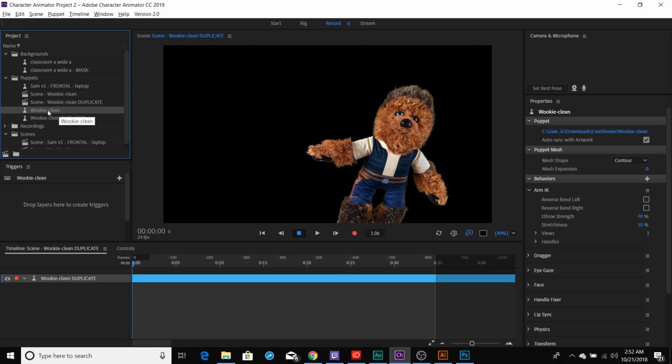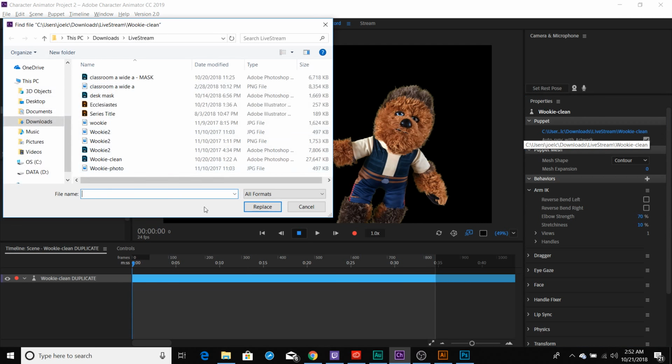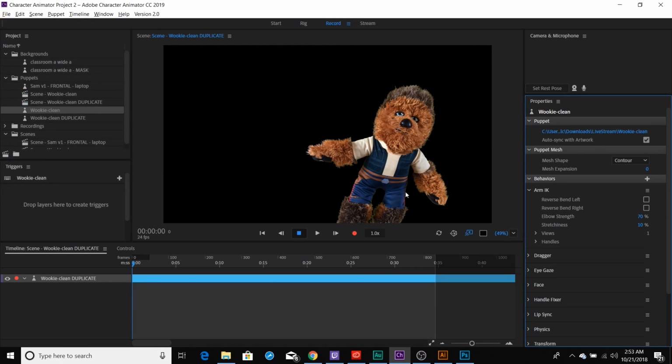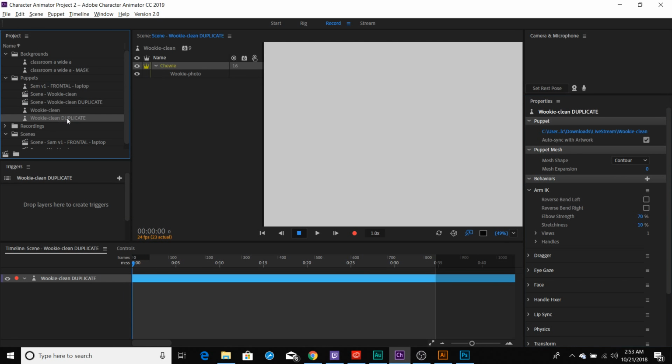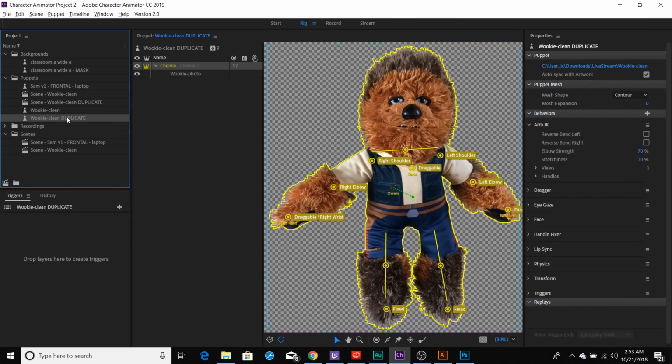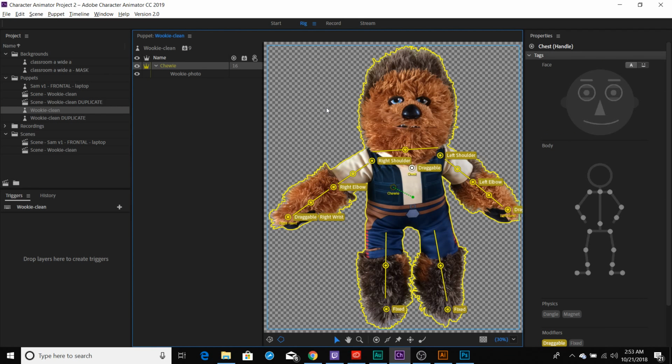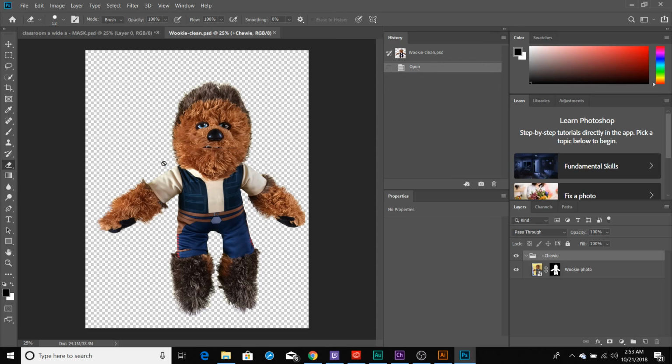But there's one thing you've got to watch out for. If I single click on the puppet over here, it's got the file name. And you can change that path name. You can just click on it and go off and pick another file. But when I duplicated live stream Wookie, it didn't duplicate the artwork. And so if I wanted to edit the artwork, single clicking doesn't change the one up here. You've got to double click. And so if I edited him,